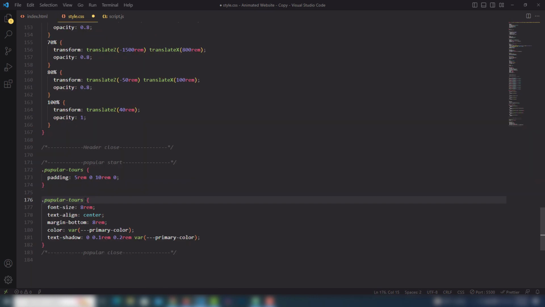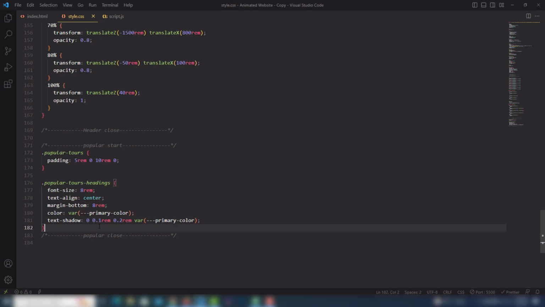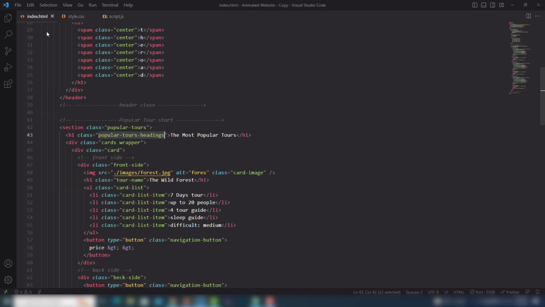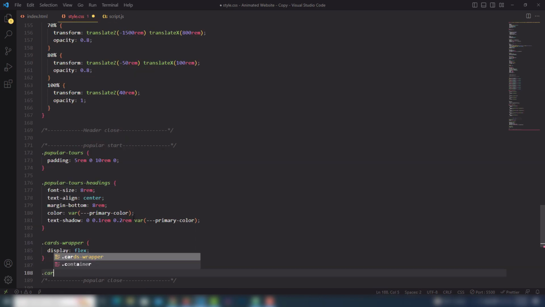Popular 7, look at that, right? So this is a class. The next one is card wrapper. Inside there I have all of the cards, so I need to select the card wrapper and use display flex. Oh, where is the card wrapper? Like there. Here are all of the cards, but don't worry, we will use the card